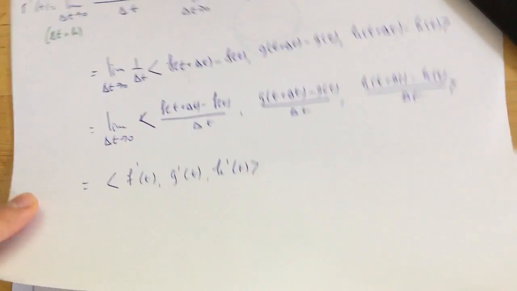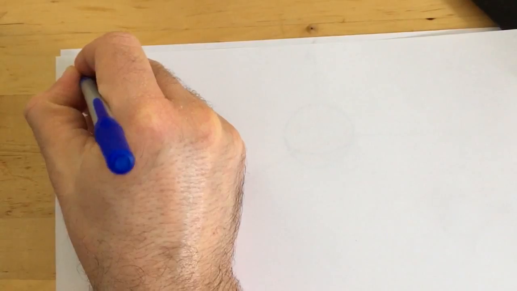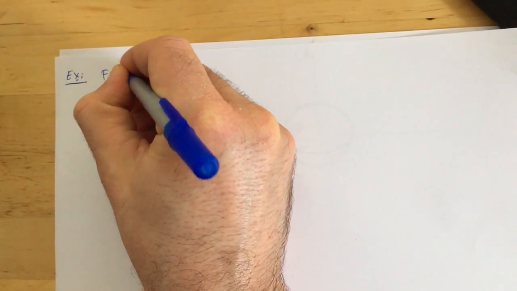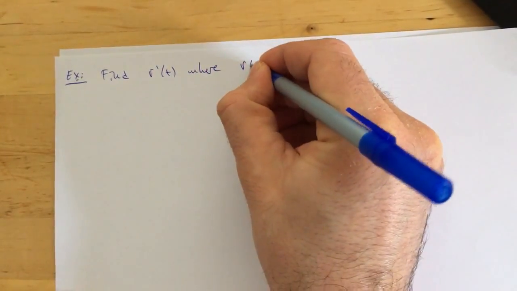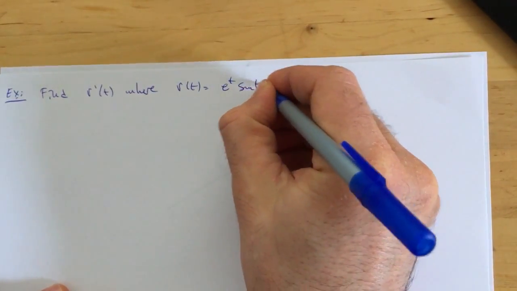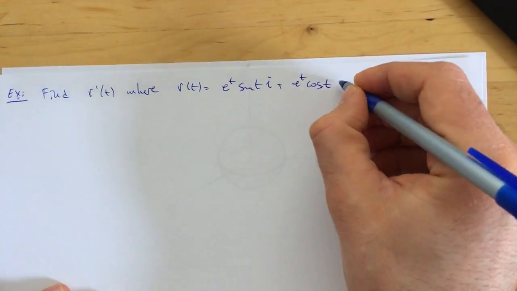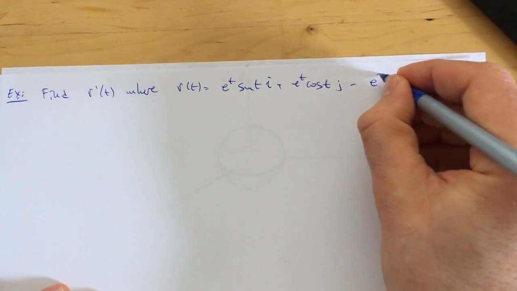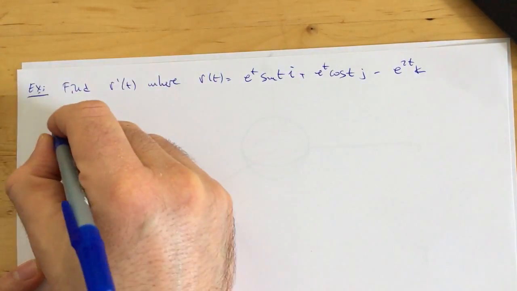Okay, so this theorem gives us what? It gives us a fast way of evaluating the derivative of a vector function, and you'll see in a second with the first example how easy it is. Example: find r prime of t, where the vector function r of t is e^t sine of t i plus e^t cosine of t j minus e^(2t) k. Okay, or we can rewrite this